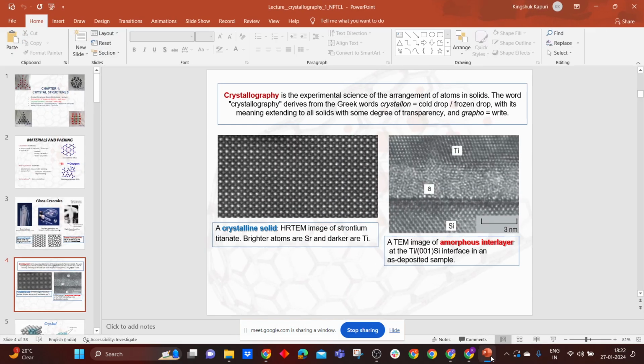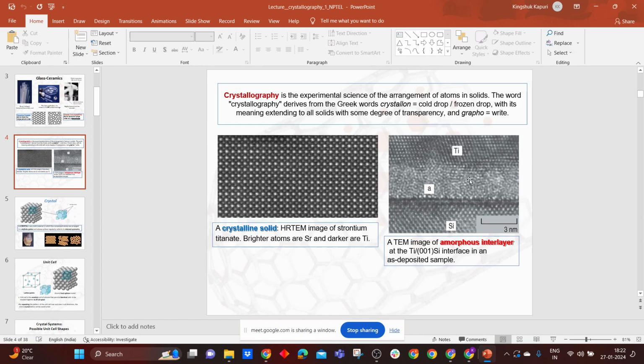Yes, now I will again come back to the PPT. Okay. And yes, students, can you see this picture? Yes, sir. So, students, this picture has been taken with the help of a microscope, right? This picture is known as the TEM image. The TEM image is transmission electron microscopy. It is a very powerful microscope. Through this microscope, we can magnify into very great detail. It is a very high resolution microscope.